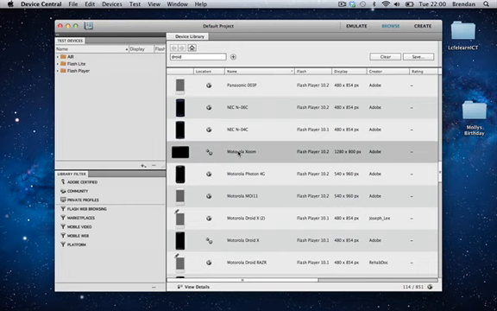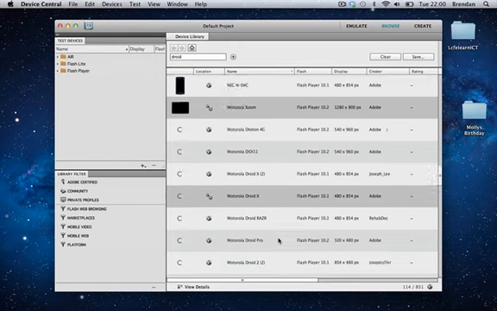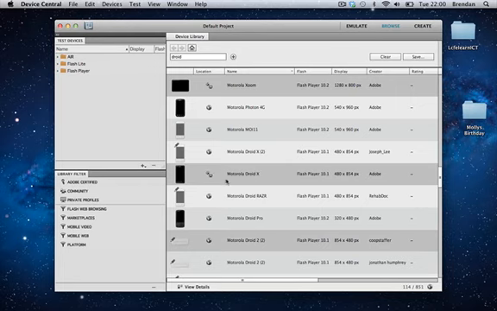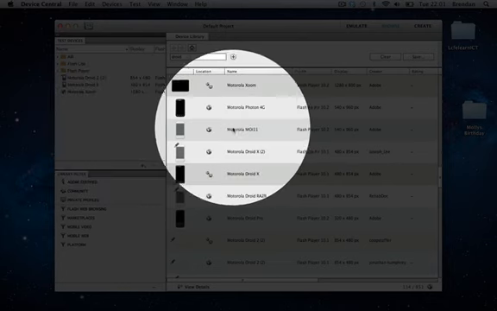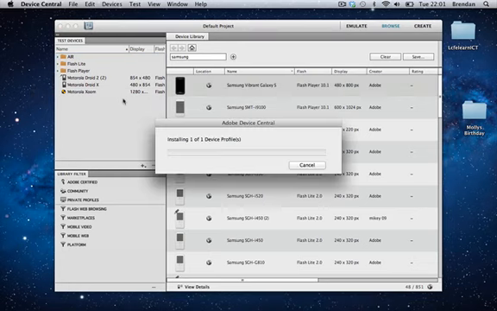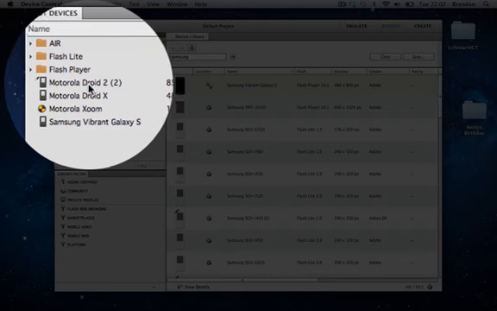I'll use the Motorola Zoom. I'll hold down Control here, and you can see the Droid X and the Motorola Droid 2 here. I'll bring all those over and drag them into the test devices area, and you can see a bit of the profiles, and Samsung device here, pop that in. Once you've set up a set of test devices here,